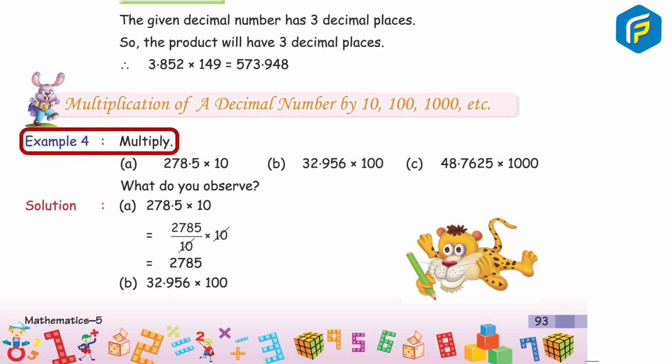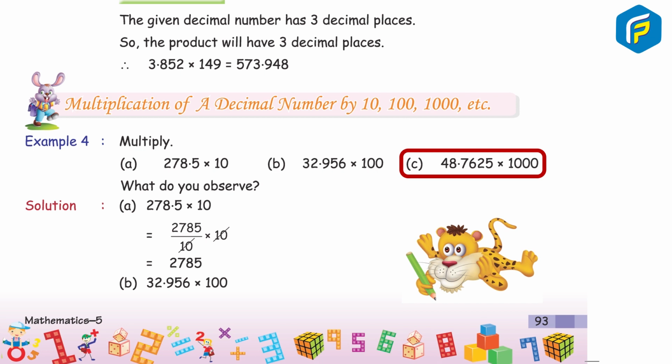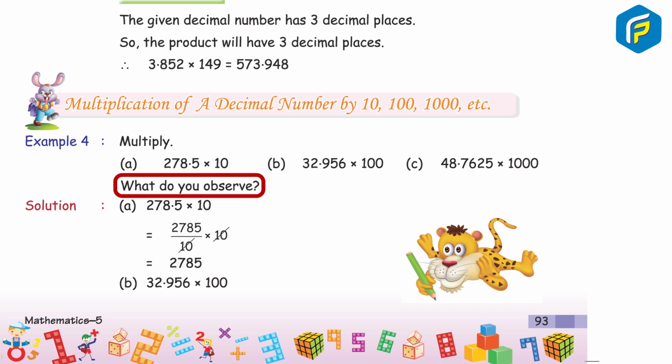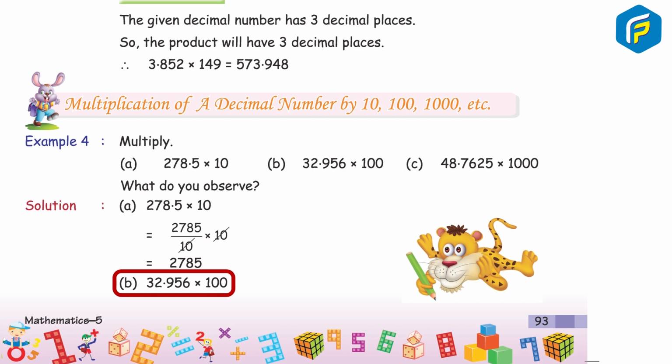Example 4. Multiply. A. 278.5 into 10. B. 32.956 into 100. C. 48.7625 into 1000. What do you observe? Solution: A. 278.5 into 10 is equals to 2785 upon 10 into 10 is equals to 2785. B. 32.956 into 100,